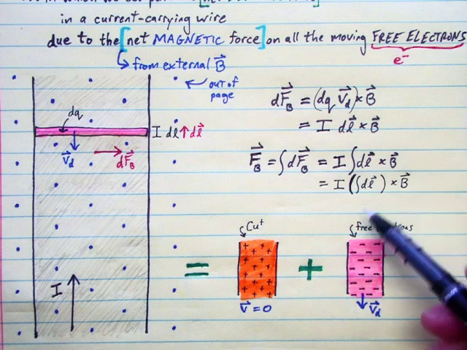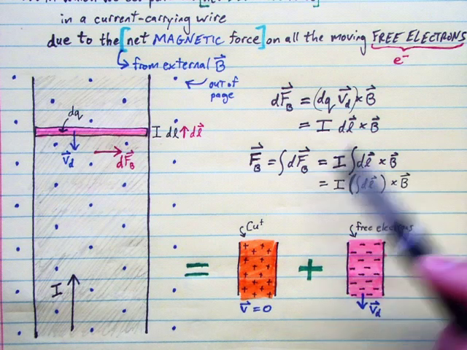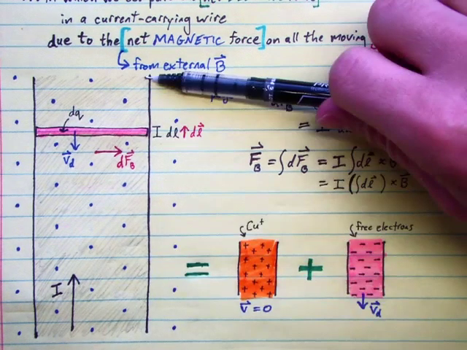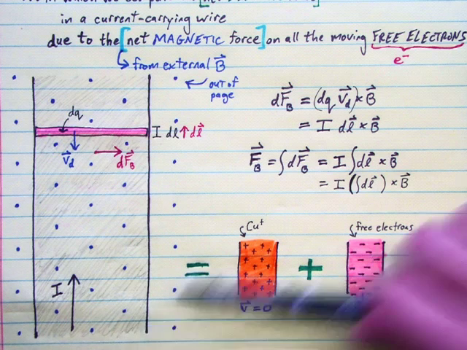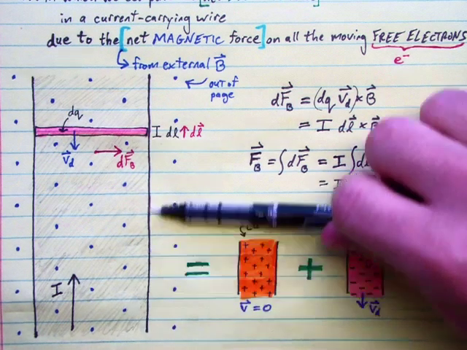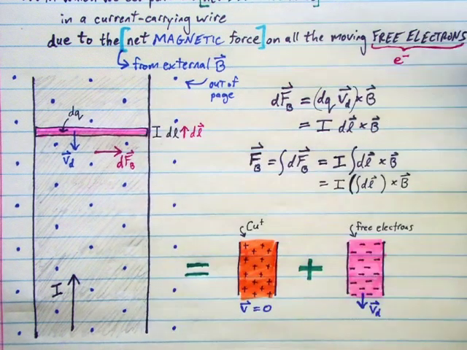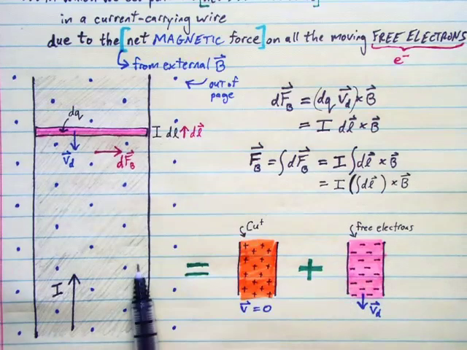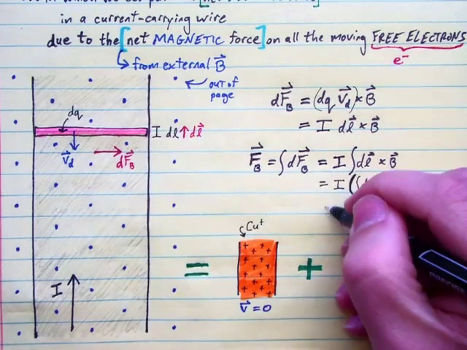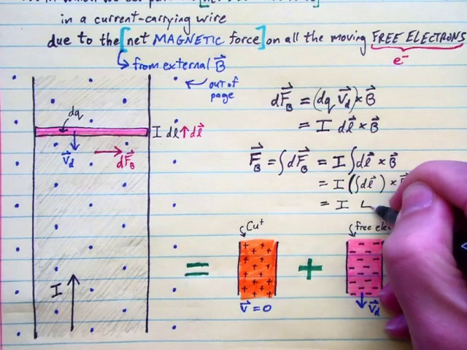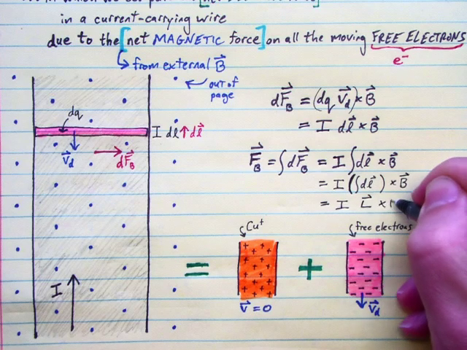So adding up all those dl's, what we're going to get is the total length of wire, however long the section of wire is that we're adding up all of these little bits of dq for, and all those dl's will point in that direction. So I am going to call this vector capital L cross B,